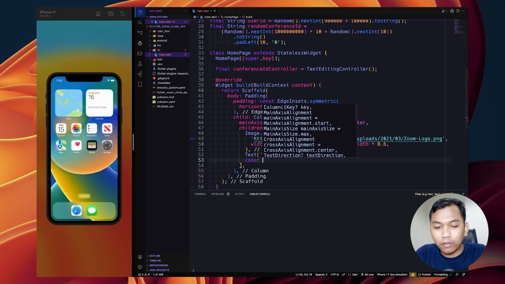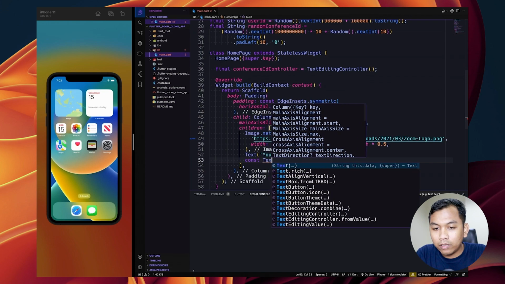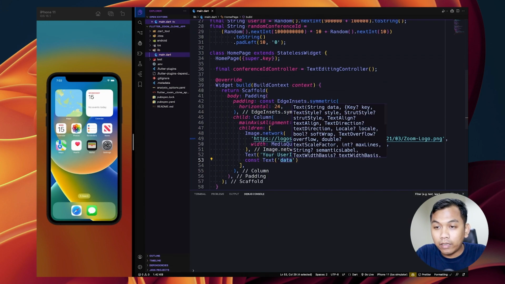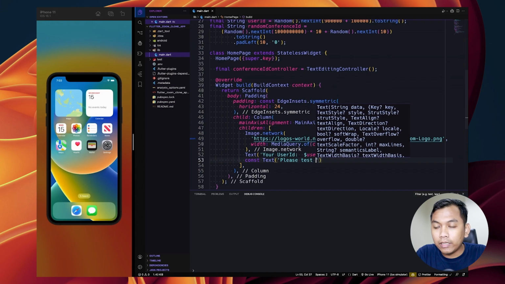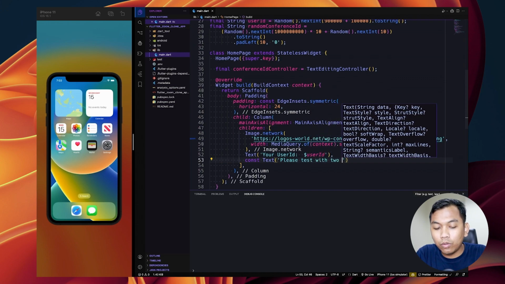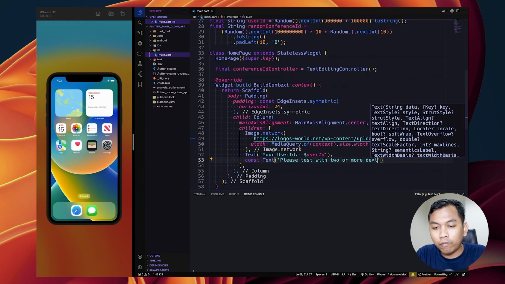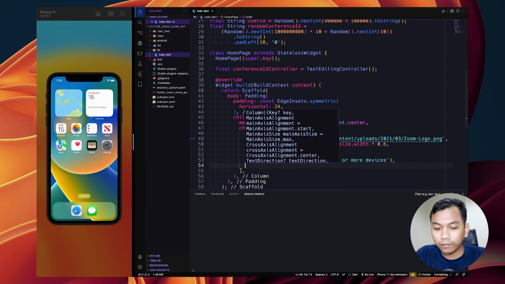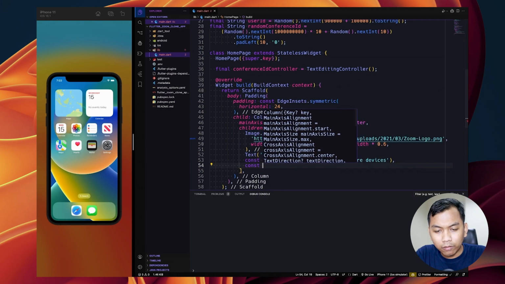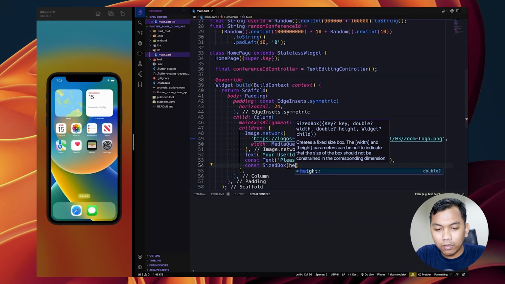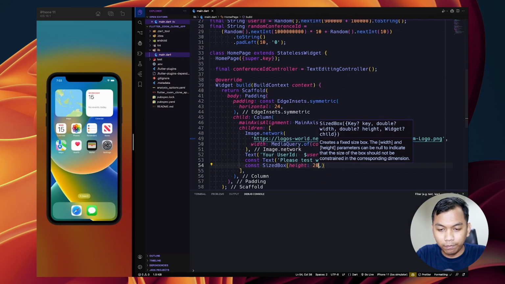And the next, we will have a Text widget that says 'Please test with 2 or more devices'. And below that, we will have a SizedBox with a height of 20.